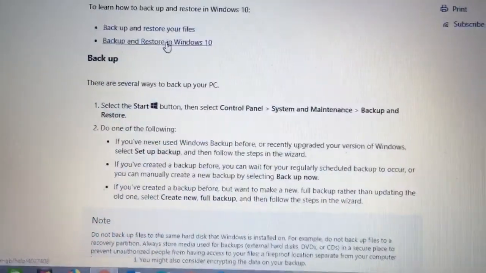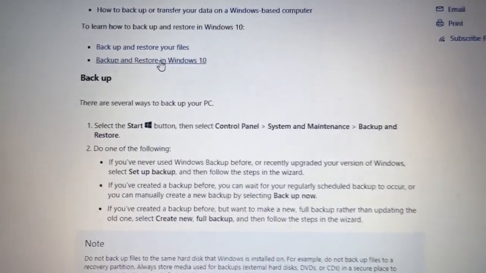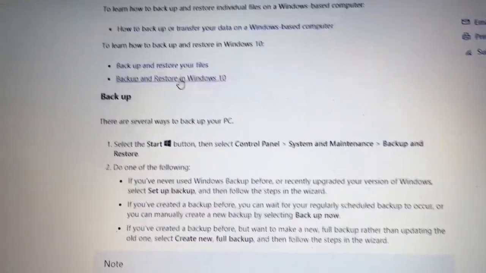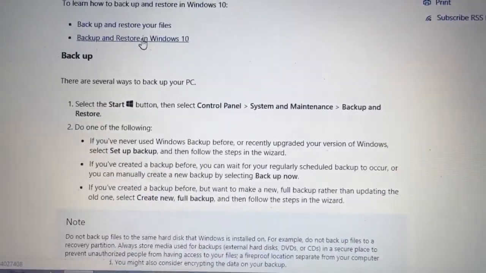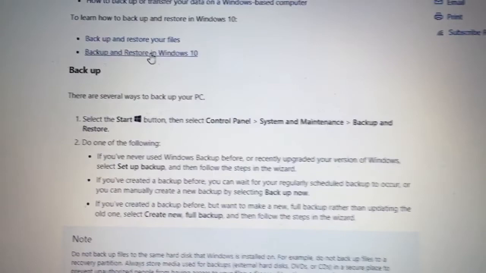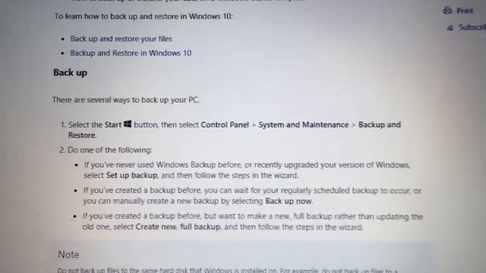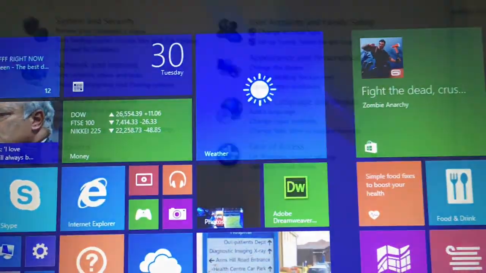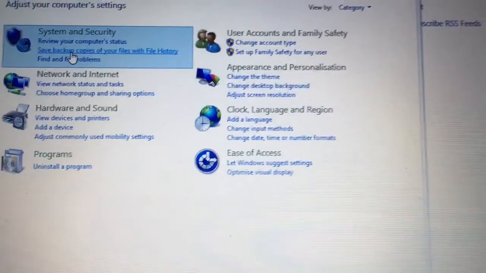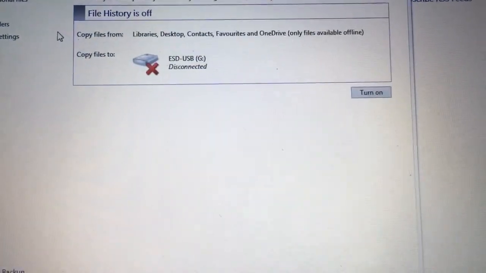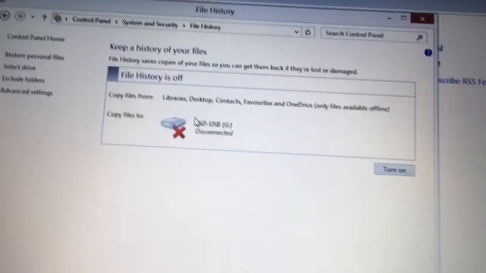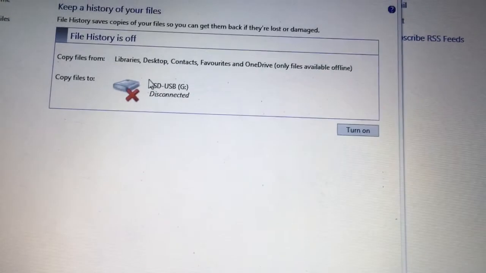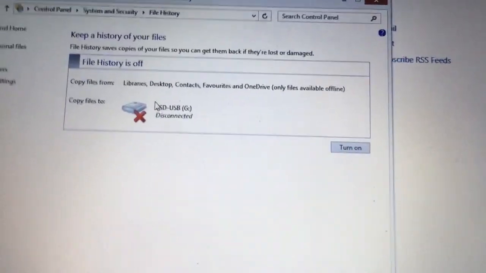Now we're backing up the computer, and when we did the system image recovery, that was also classed as backing up, right? But for users who want to save files, this is what you did, and I did briefly go over it. So you want to go to control panel, it'll take you to this page, and you want to go to system and security, and save backup copies of your files with File History. Now, I currently have it disconnected, so when I stick my USB in, which I'll just grab a minute,